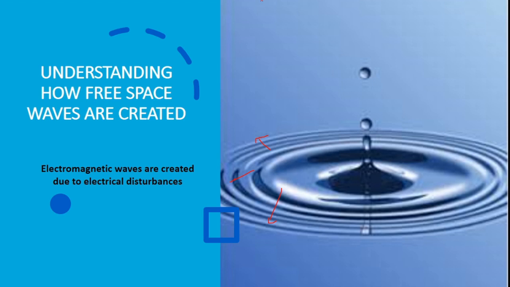Now we have a transmission line. We have a source here, I have a transmission line, and we have an antenna here. Because of the source, this is going to be my electrical disturbance. Because of the disturbance created by the source, free space waves are created in an outward direction from the transmitting antenna. Now if I remove the source also, what happens? This keeps moving in free space to the required destination point. This is similar to the water waves.